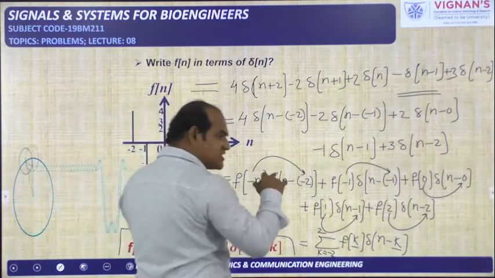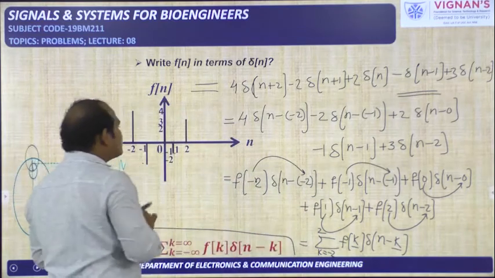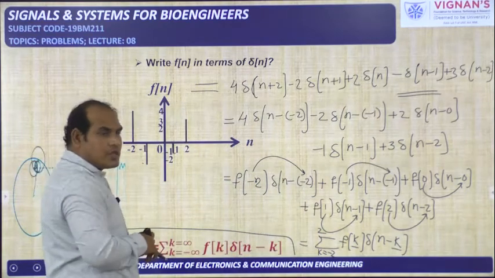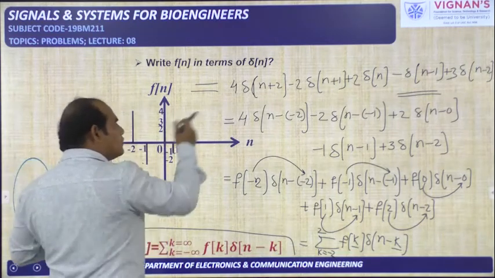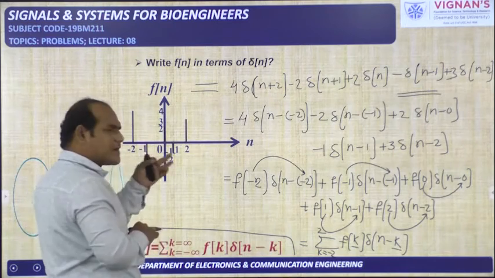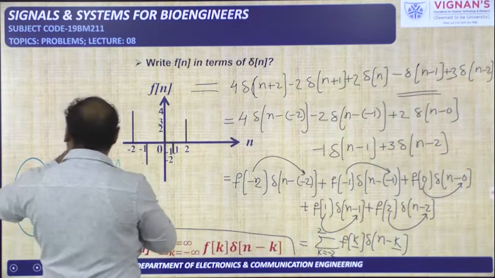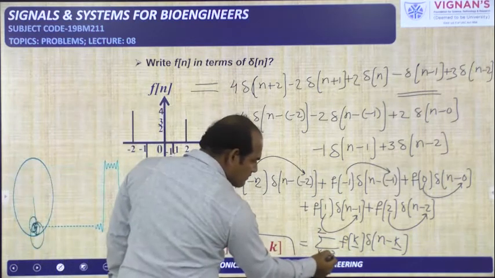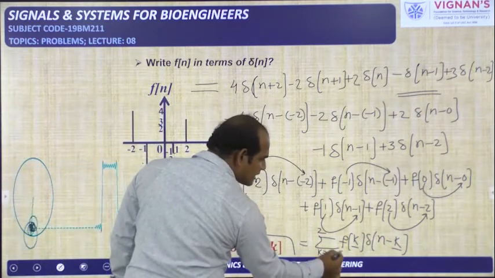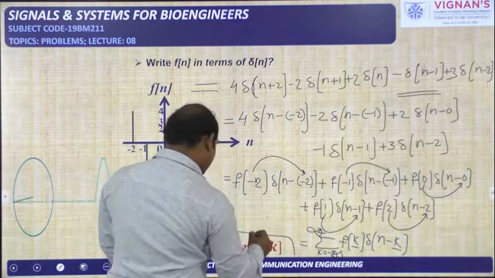Okay, so in generalization this particular signal is available from minus 2 to 2, but another signal may be available only on the negative side, only on the positive side, or from negative to positive, or it is at a very large negative value, or at a large positive value. So for the generalization purpose we can take here minus infinity to plus infinity.